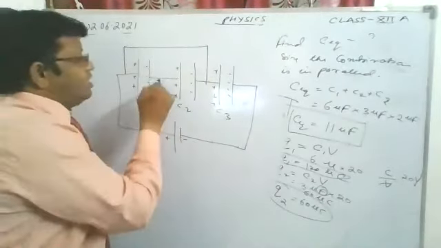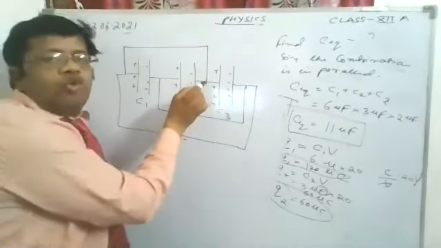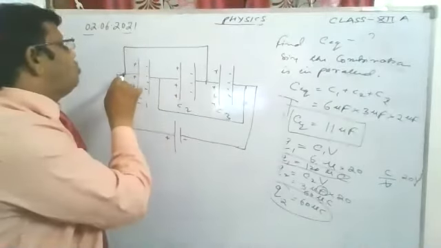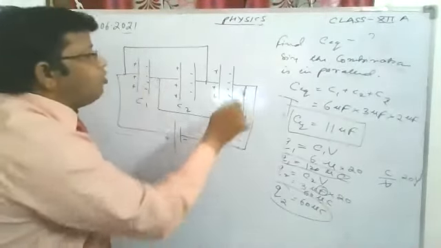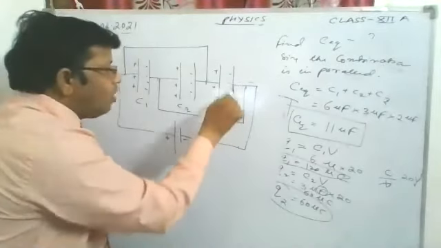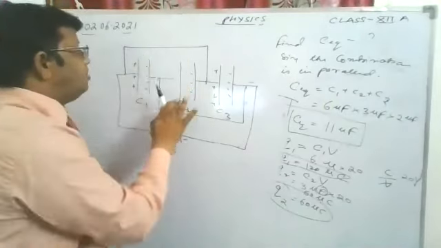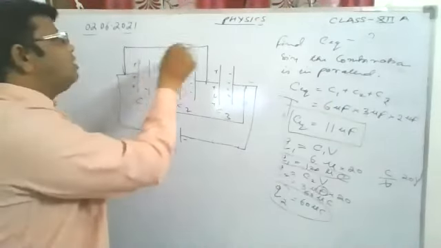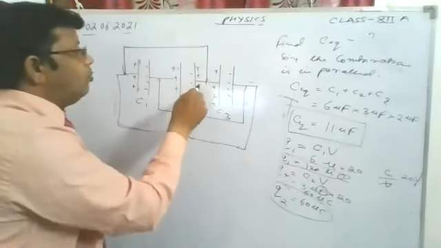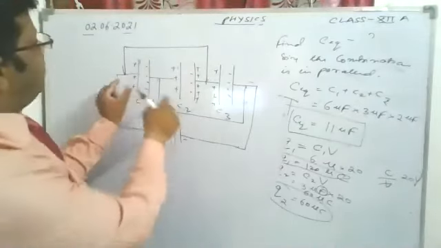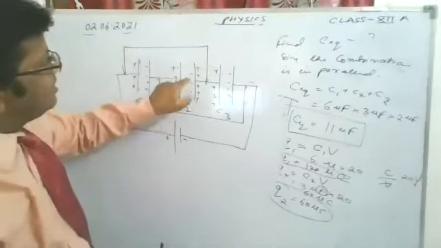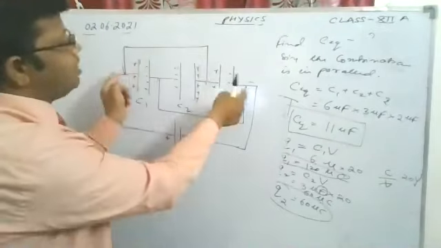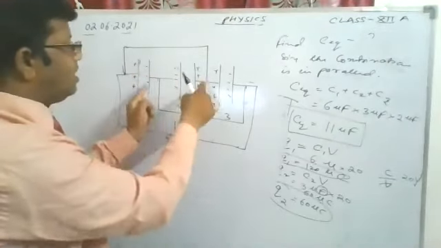I have made a short circuit. Short circuit means through the wire, I have connected this point to this. The potential of this point is equal to this, and the potential of this point is equal to this. So this becomes negative, and these two plates will be negative. Since this is positive, positive charge will go here, through this positive charge will go and this will also be positive. So see here, beta. First capacitor positive terminal, second capacitor positive terminal, here negative charge will be there. All the positive terminals are connected at the same point and the negative terminals are connected